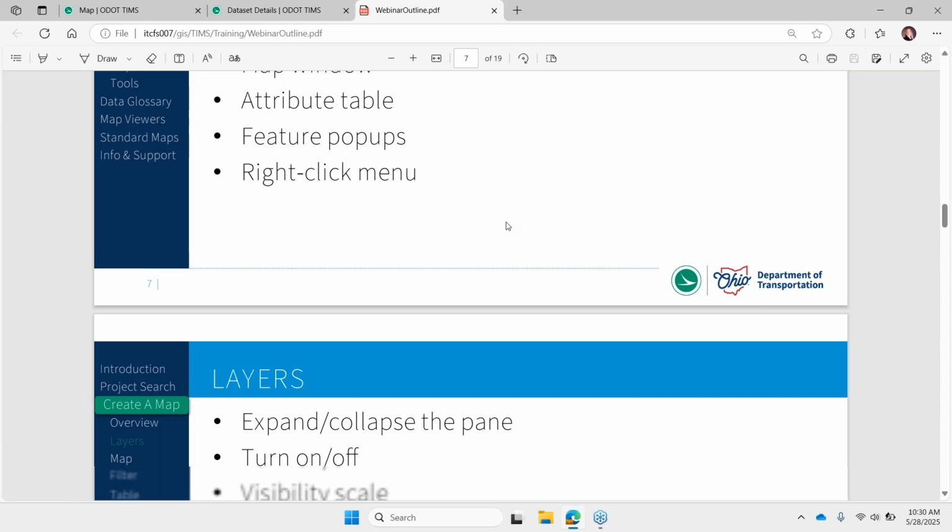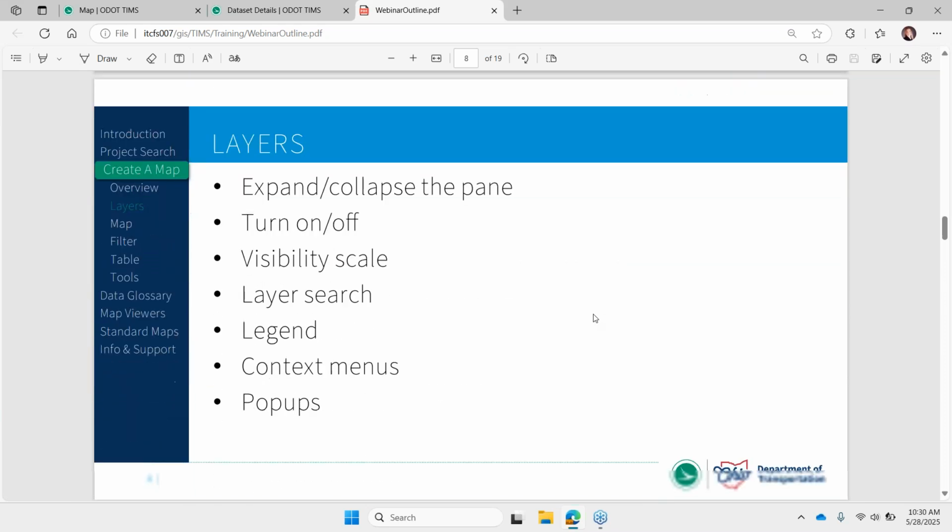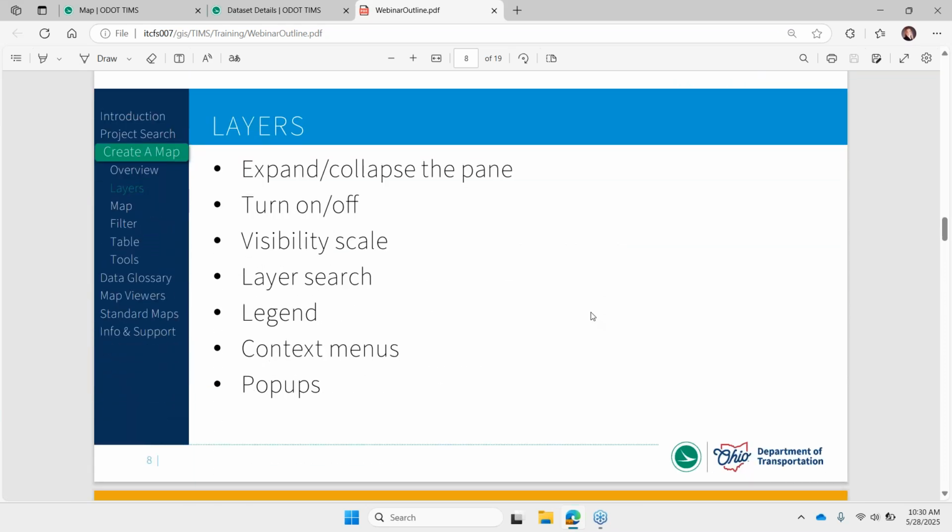And this is my overview, so let's go. Turning layers on and off. The light gray text is going to indicate that you have to zoom in to view that layer. We didn't talk about the legend, so let's make sure you're comfortable knowing how to open that, but hopefully you're now familiar with the options in that context menu and how to get that pop-up.